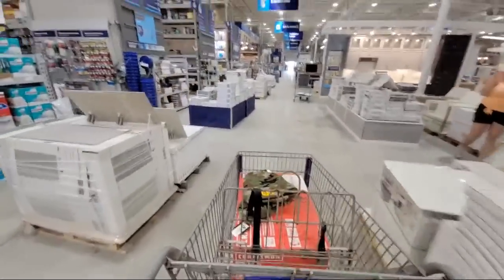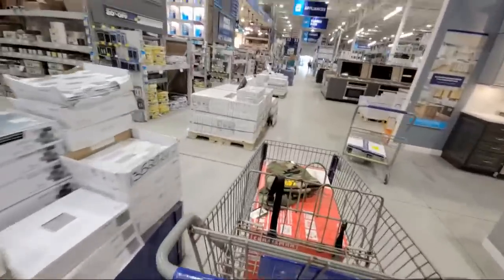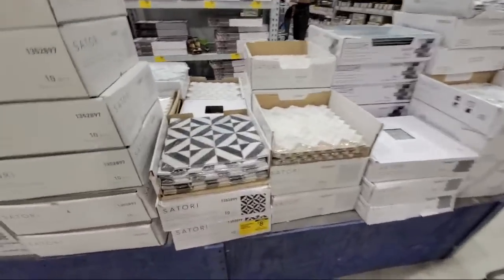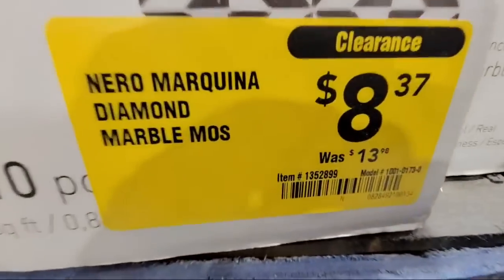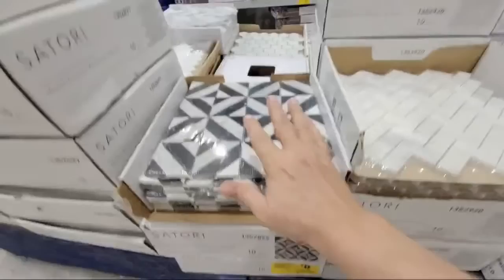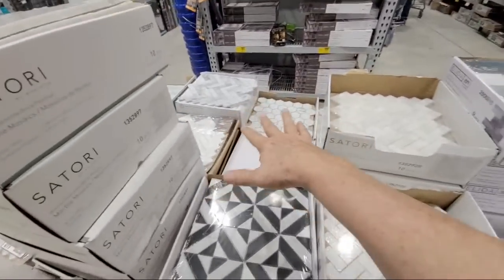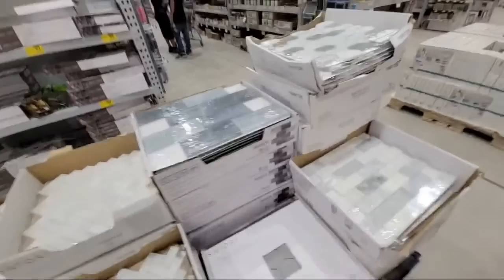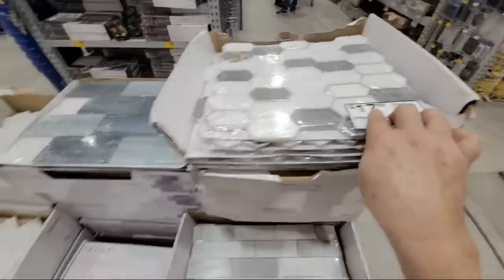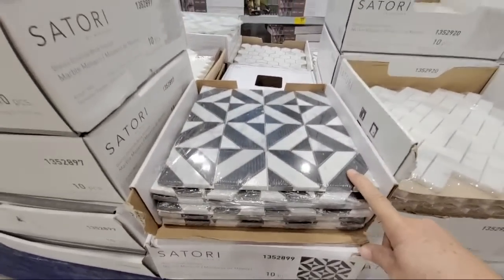They tend to carry a lot more tile here than we see at Home Depot. And it's not always on sale, but here, let me back up for a second. When you do see something like this, this is a great deal, and I'll tell you why. Normally when you're in here or in Home Depot or Floor and Decor and you see all of these nice fancy mosaic tiles, you're normally paying about 15 bucks a sheet. And look at this, sometimes even more, 17. So when you can get one like this, down at $8.37, and who knows, they may even drop lower,